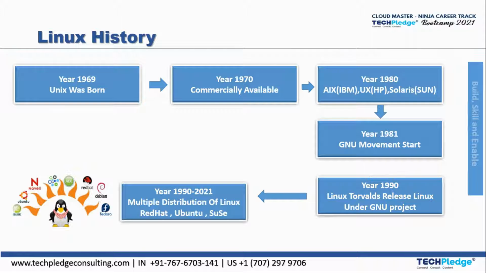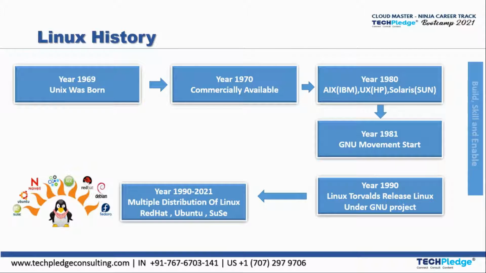So in 1981, the GNU movement started. So what was GNU? GNU stands for GNU's Not Unix. GNU is an extensive collection of free software which can be used as an operating system or can also be used in parts with other operating systems. The use of the completed GNU tools led to the family of operating systems which is popularly known as Linux. Most of the GNU software is licensed under the GNU project's General Public License.